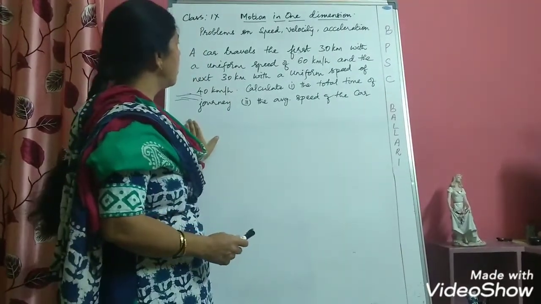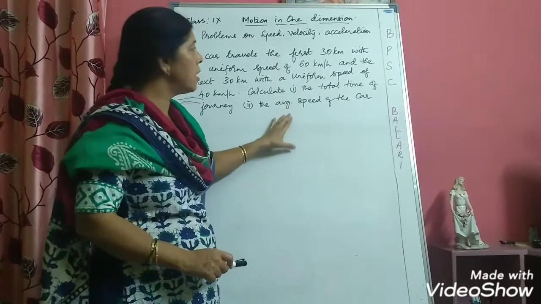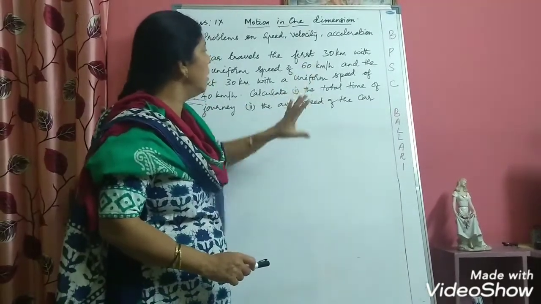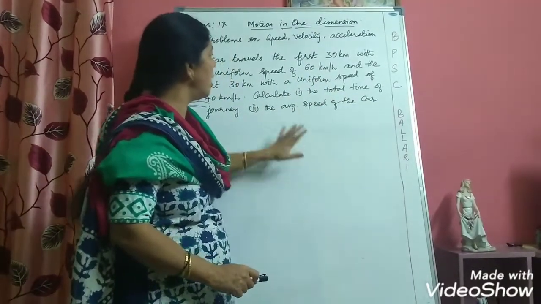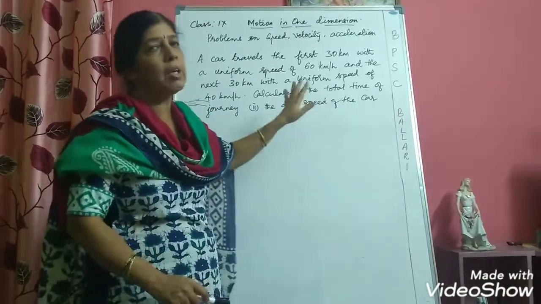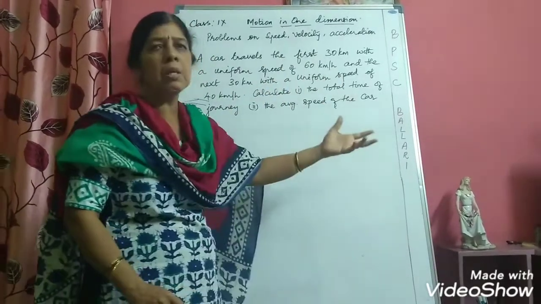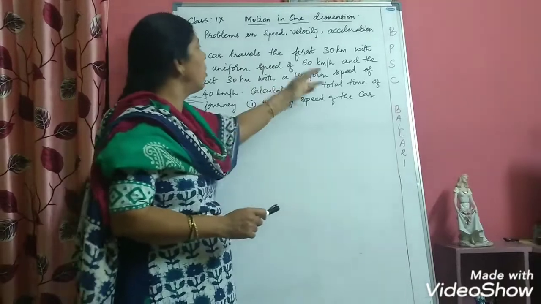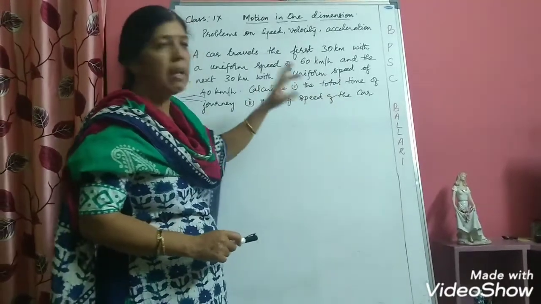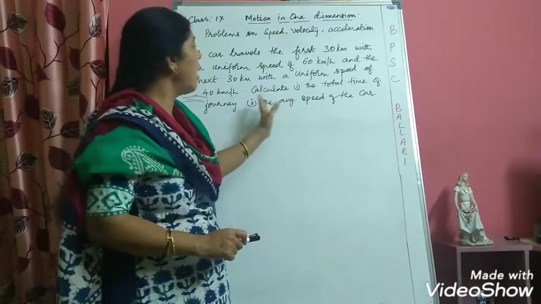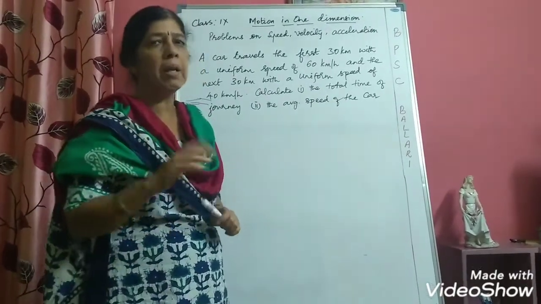Now in this problem you can observe that the distance and speed are given in kilometer per hour. You can proceed by taking the time in hours only and calculate the average speed of the car in kilometer per hour only. Or if you are more interested, you can convert all these into standard international units. But I will proceed with whatever is given here. Distance is given in kilometers, speed is given in kilometer per hour, so I will calculate the time in hours only, so that the average speed of the car also I will calculate in kilometer per hour. You can even convert it to meter per second.